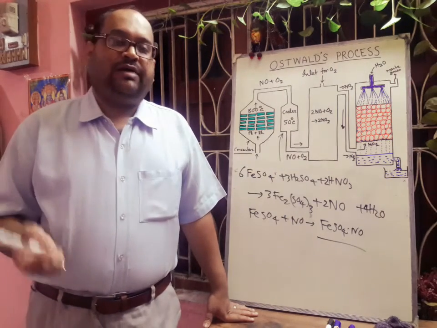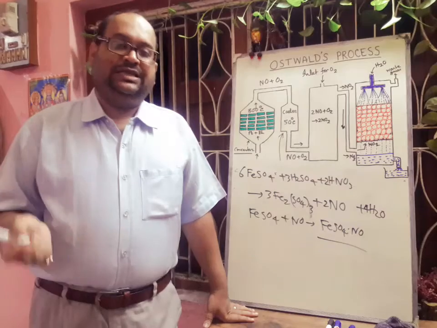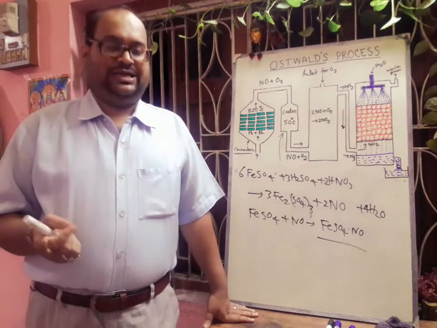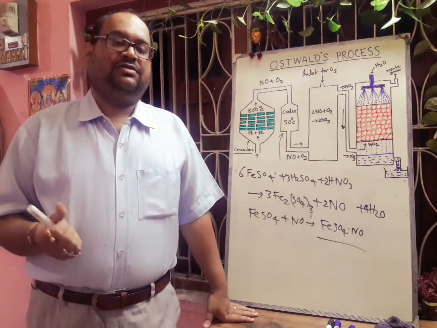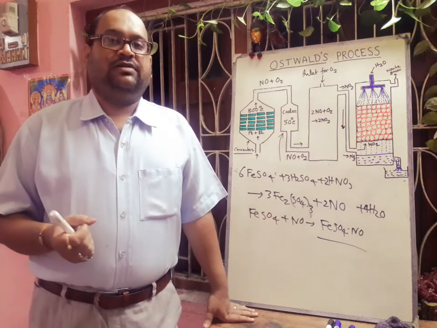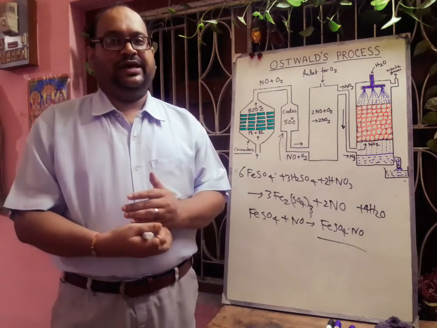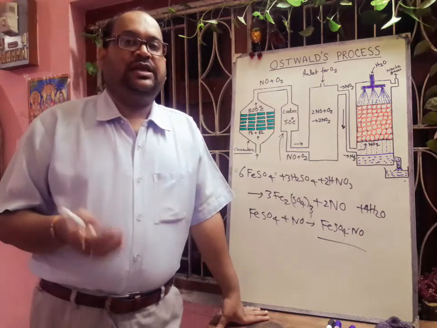It is used in the preparation of aqua regia. In HCl we have discussed that 3 parts of concentrated HCl and 1 part of nitric acid will produce nitrosyl chloride and nascent chlorine in water. So this mixture is called aqua regia. It can dissolve metals like gold and platinum. So in the preparation of aqua regia we can use it.